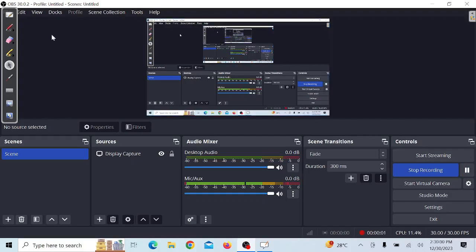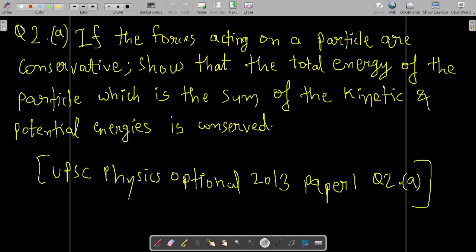Let's move on towards question number 2A of 2013 Physics Optional UPSC. The question 2A, 2013 Physics Optional Paper 1, says the following: if the forces acting on a particle are conservative, we have to show that the total energy of the particle, given the fact that the particle has conservative forces acting on it,